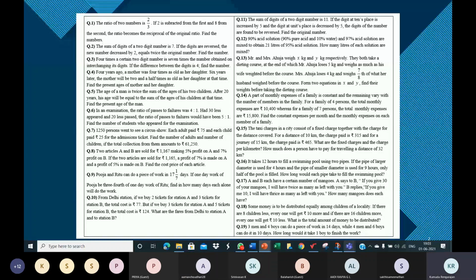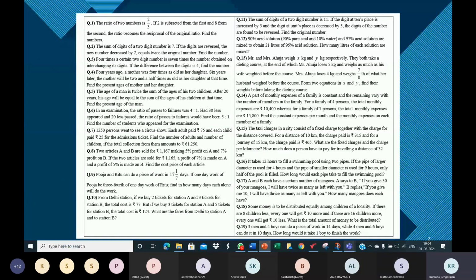I think that was Shakti who said minus 40 and minus 60. The ratio between these two numbers is 2:3, but it does not satisfy the other condition in the question. When you subtract 2 from minus 40, minus 42. And minus 60 minus 8 is minus 68. Now the ratio of these two numbers must be 3 by 2. That condition is not satisfied. So minus 40 and minus 60 cannot be the two numbers.